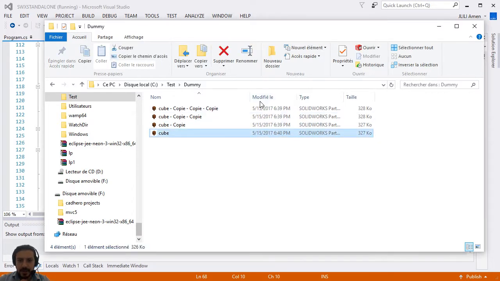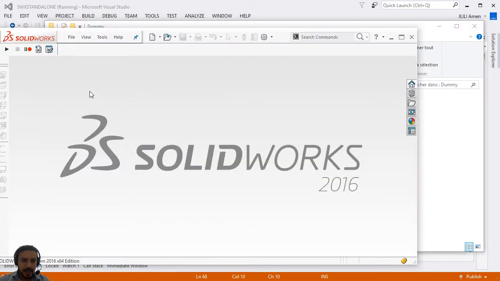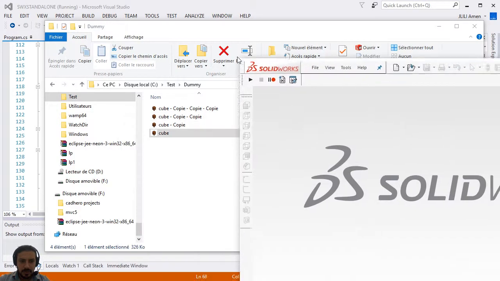You can see the time that the files were modified is close to the current time on my computer. Perhaps you don't see that, but I will simply go